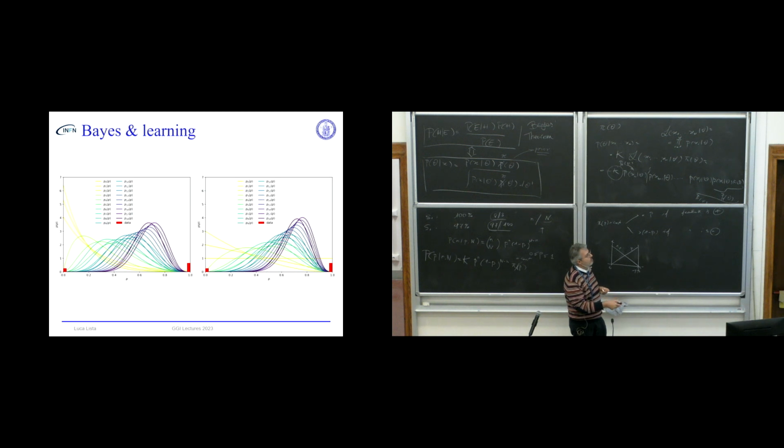I start from the yellow curve. Then you see they move, and they reach something which is close to the true value, which is 0.7, if I remember correctly. And what you notice here is that if you start from this curve or this curve, the more information you add, the more the posterior is insensitive to the prior. So in this sense, if you have enough information, Bayesian inference no longer depends on your prejudice. And why? The reason is the following one. The posterior